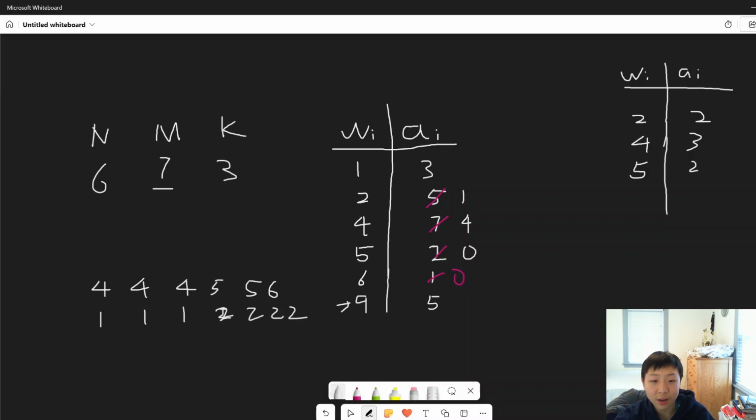Okay, let's look at the next one. We have a 9. That's pretty big. I think we can stack it on a lot of things over here. And just to make it more complicated, let's make it a 7. So we have 7 9s, and we're like, okay, we can stack a lot of it, right? So for the 9 here, let's try to stack it on the smallest one, which is 2. Yes, we can stack it, and we only have 2, so we're gonna stack all of them. So I guess we're gonna change this one to, instead of 7, it's gonna be 5, and we're gonna stack 2 of them